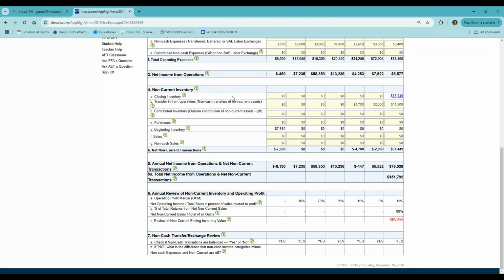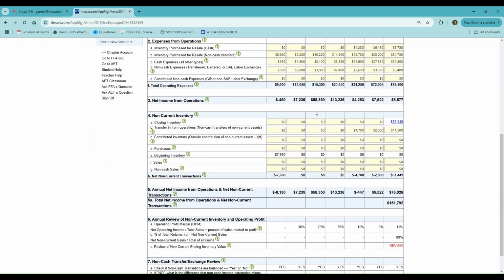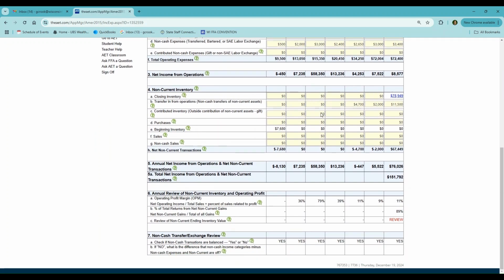Hopefully you've already watched the video on entering your current inventory in the income and expense summary page. And if you have not, I would go back and make sure you watch that first to understand how to fill in this upper portion. And then this video is going to focus on number 4, or your non-current inventory on the income and expense